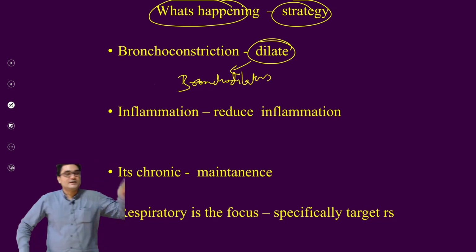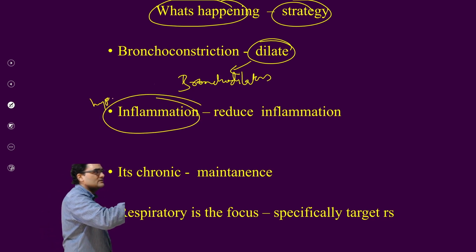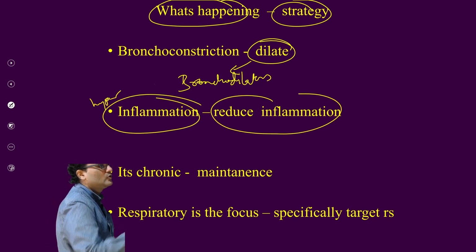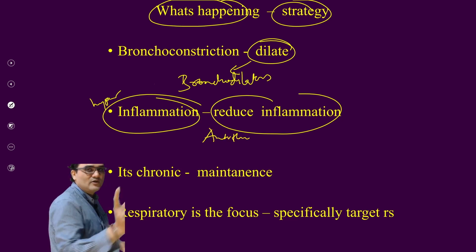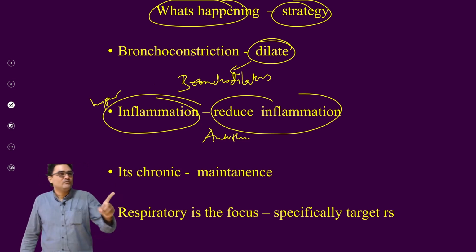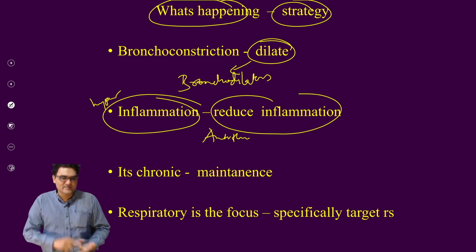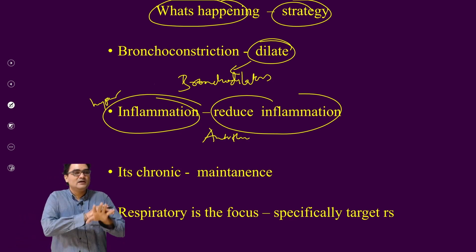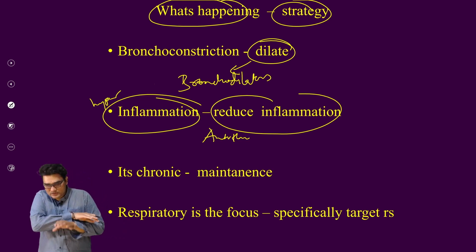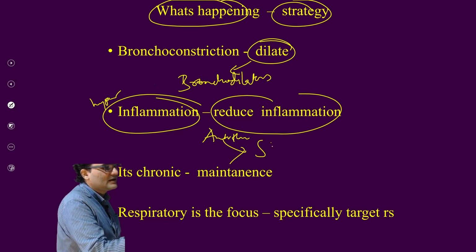Right? Yes, what is the main event which is causing this? There is inflammation, there is hyperinflammation. In fact, reduce the inflammation. Okay, you are going to use drugs which are reducing inflammation, anti-inflammatory drugs. Now remember one thing, inflammation is not just one or two mediators. There are hundreds of mediators which are known to cause inflammation. Histamine, leukotrienes, interleukins, there are plenty. So you are going to use a drug which will reduce the inflammation by stopping the action of all this. So a drug with broad anti-inflammatory action, again you can easily guess it, that is steroids.